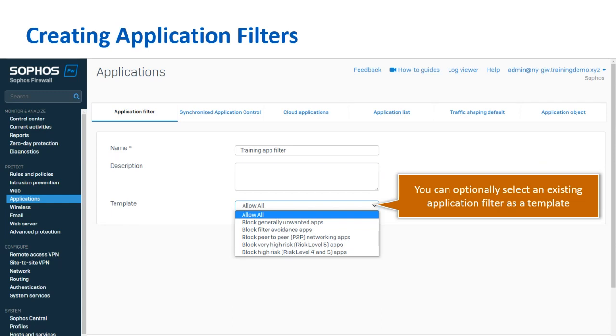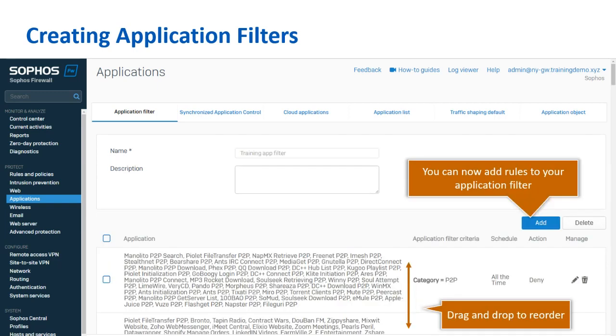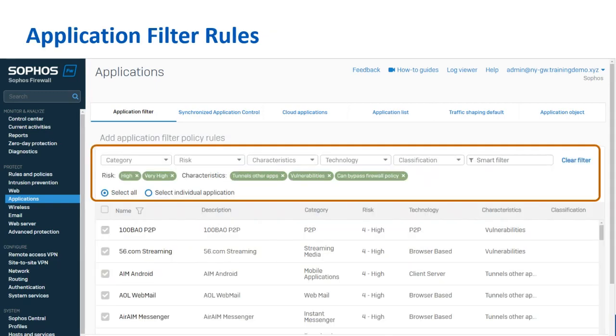Application filters are created in two steps. First, create the application filter. Here you can optionally select an existing application filter as a template, and you save the application filter. If you select a template, the rules will be copied over to the new filter. Okay,